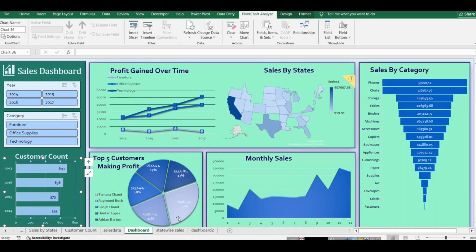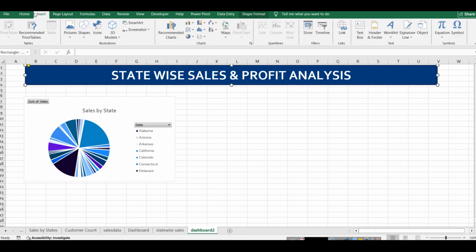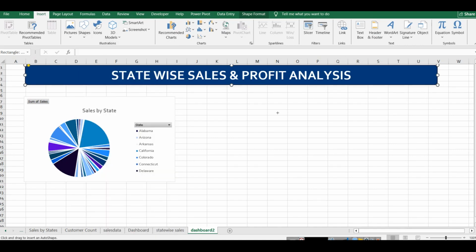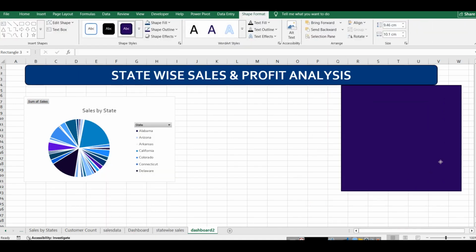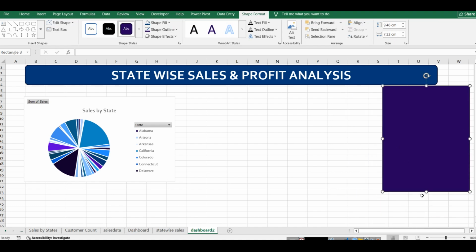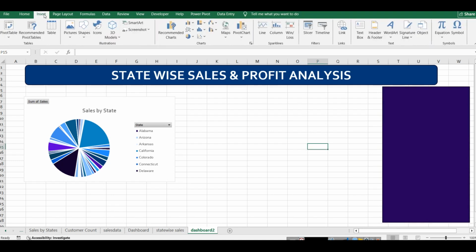So what they have done is they have added some shape here, and in that shape they have not added any text usually. So as a sidebar, they have added a shape, and in that sidebar, you can add a text box. So you can insert a text box here, and